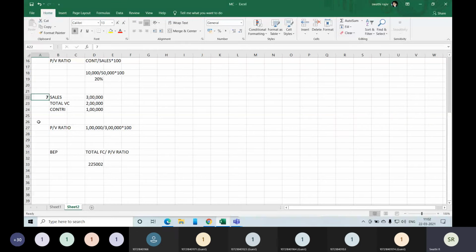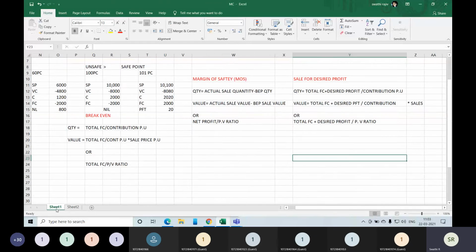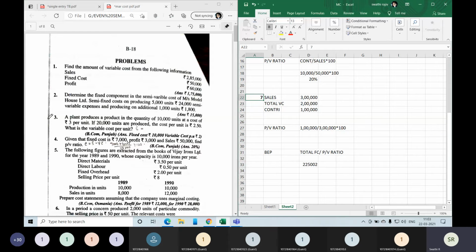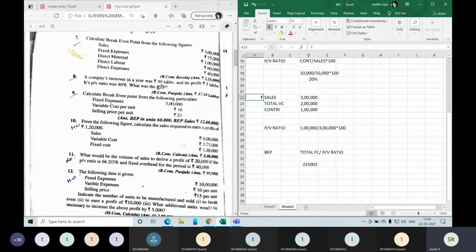Question number 7. Let's do question number 8 and see whether you are getting the answer. Please read and try and find out. All formulas you have now. If there are any formulas that we missed out at that point of time, we will do. Whenever we feel that, oh, nahi kiya, then we will do. Please do try question number 8.